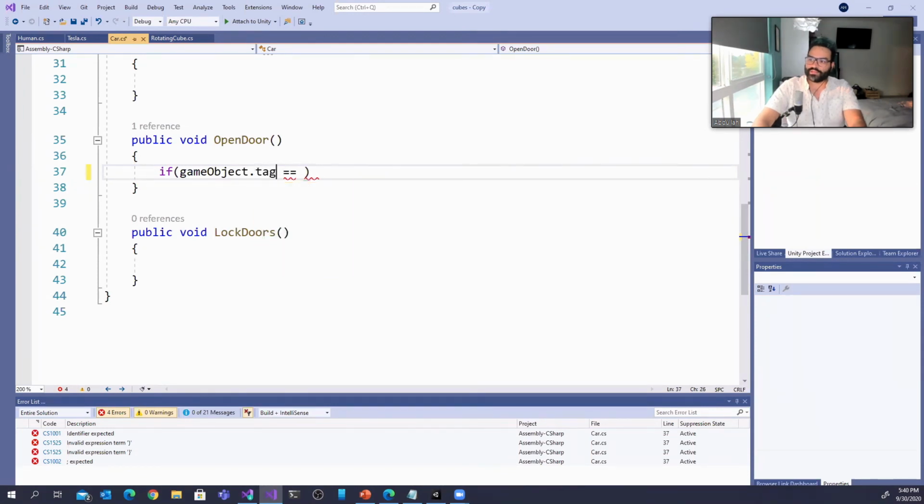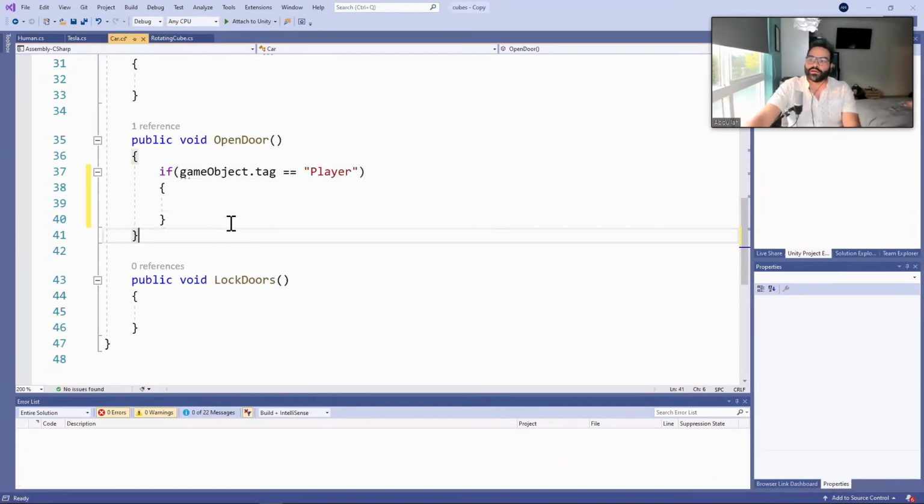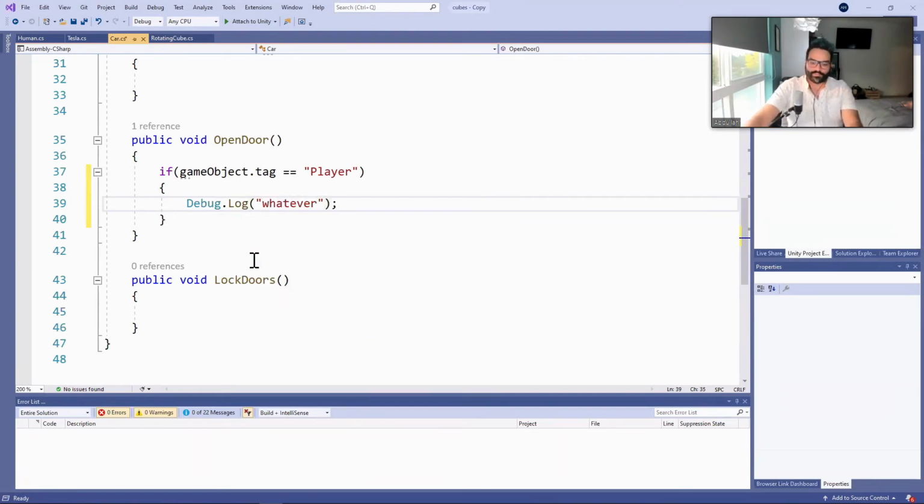Or name. Yeah, there you go. Tag equals to player. You know, sometimes you want to do that when collisions happen or anything like that, and just do certain operations like debug.log, whatever. When you do an operation like that,